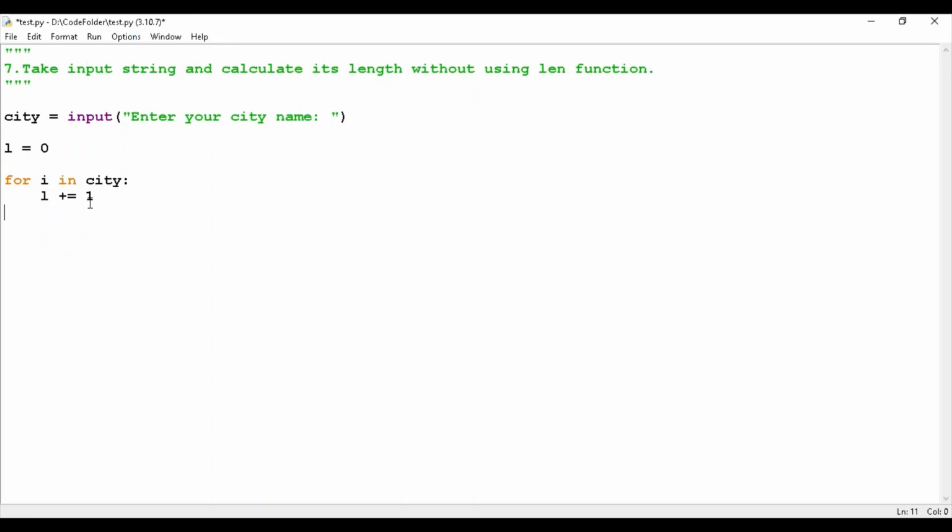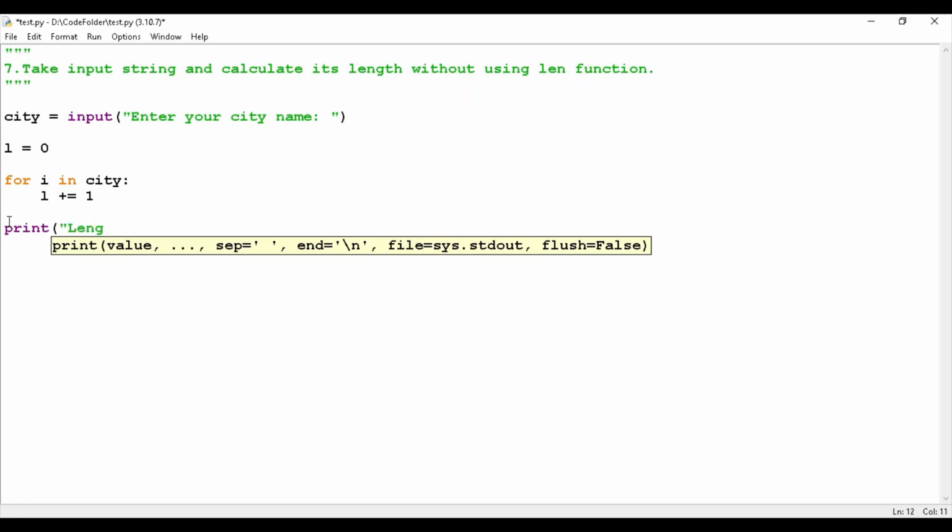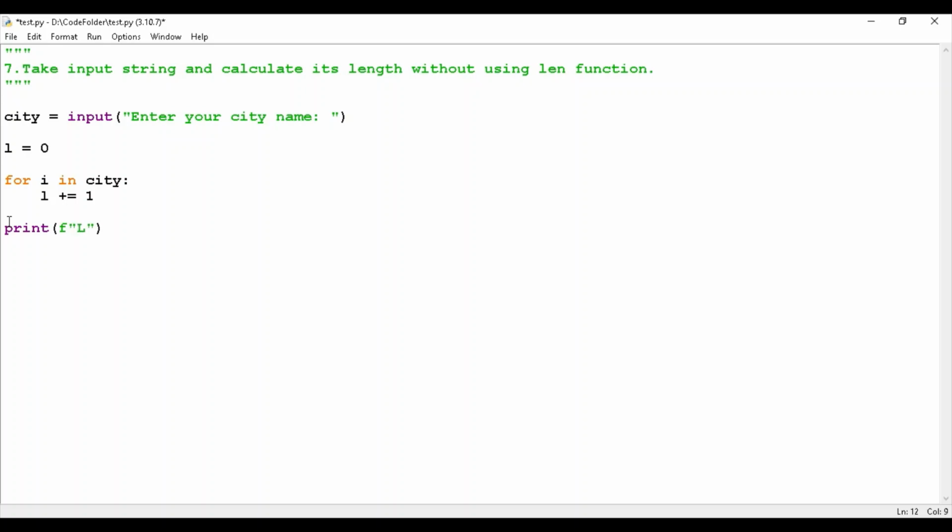So with this, one by one as this loop is iterating over the city, this L will get incremented, and with that we will get length of the string, that is city. So I will print here, length of city is L. We will take f string, so you can use anything as per your logic. So we have used f string for displaying output on the console. I will save this, and if I run this,